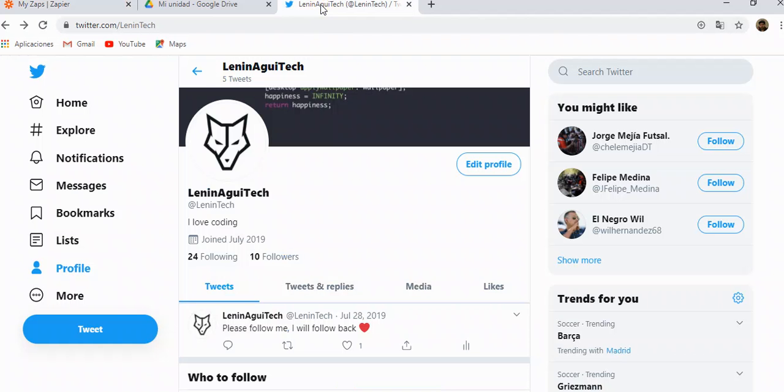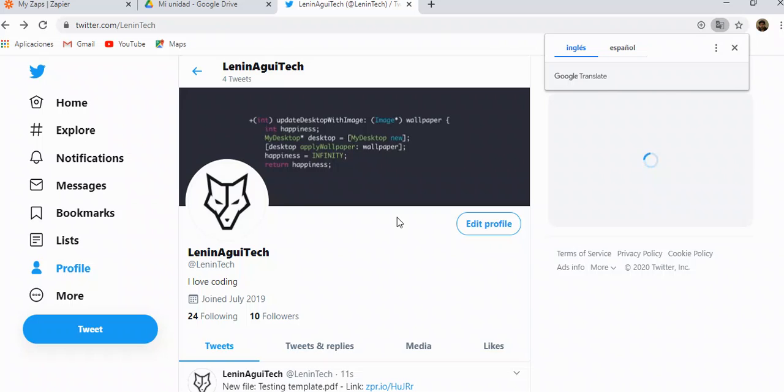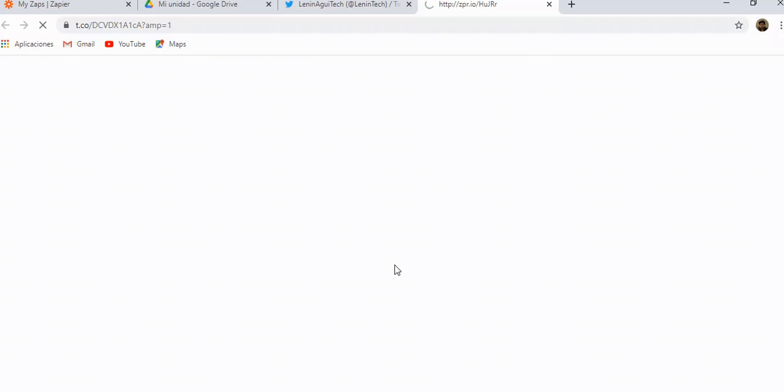Let's go to Twitter. We're going to refresh Twitter. And great, we will see here, new file, testing template.pdf. It's also giving me the format and the link so I can open it. That is